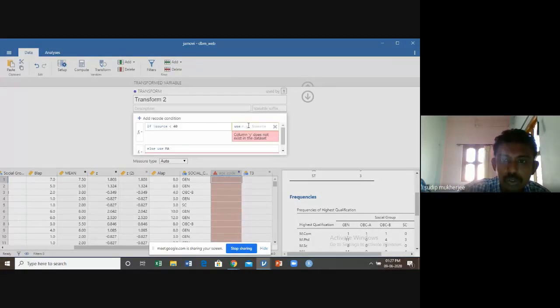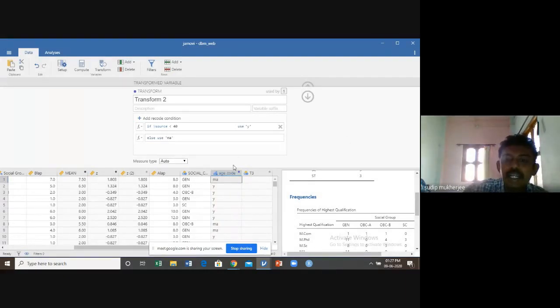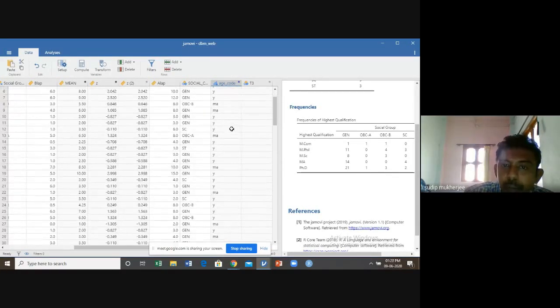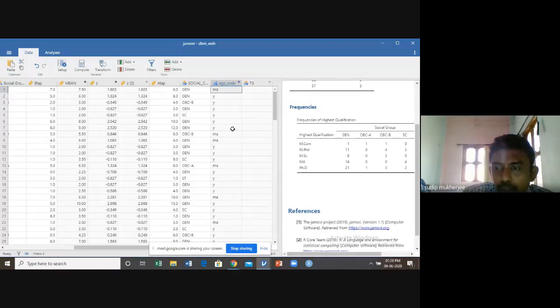Just write Y in single quotes and click outside. Automatically, you see the new transform variable appears. This is the age code. So age below 40 is termed as young and above 40 is termed as middle age.